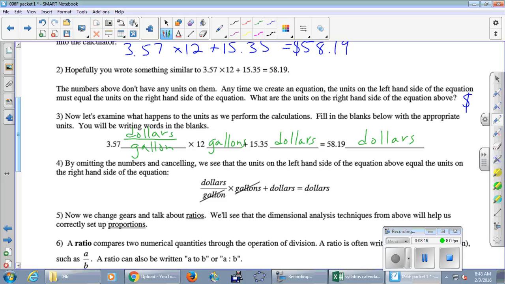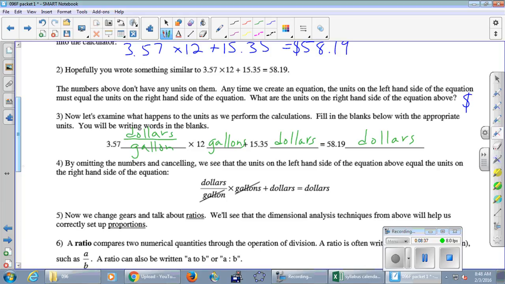Okay, good things happen on the left-hand side. If we take a look at this multiplication, I've written it down below in number 4 without the numbers in front, just the units here. Dollars per gallon multiplied by the gallons, that's what we did first, and then we add the dollars, and we're hoping we get dollars when all is said and done, and we see that the gallon on the bottom and